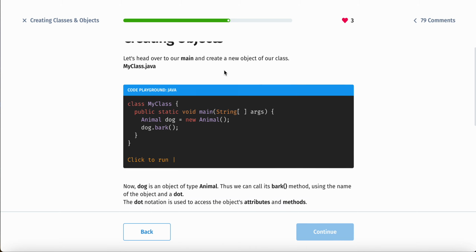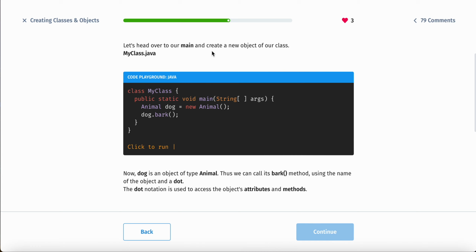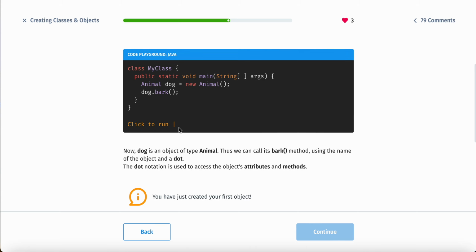Let's go over to our main method and create an object of our class, MyClass.java. So in MyClass, you have Animal dog equals new Animal, dog dot bark. So now dog is an object of type Animal, which we created in the class. Essentially you're just creating a new variable type instead of an int or a double. You have Animal because you have a class for that,